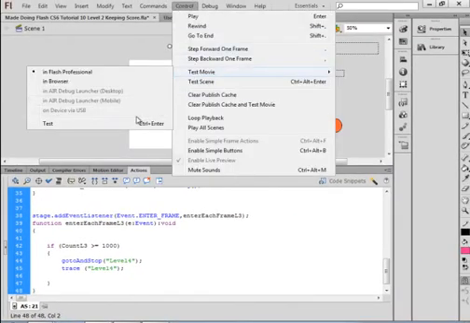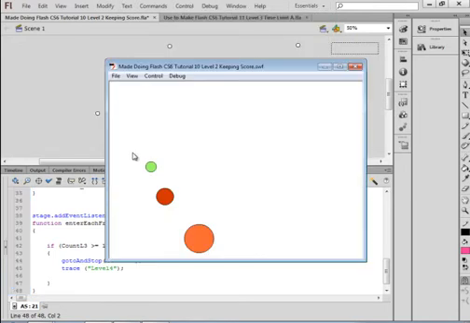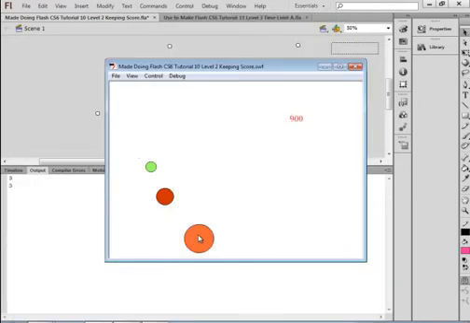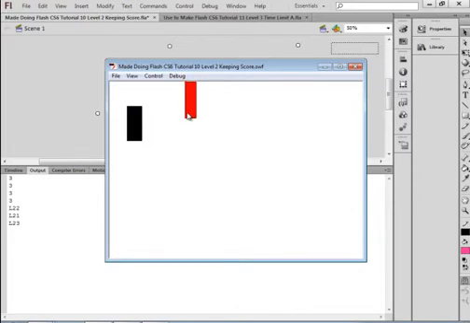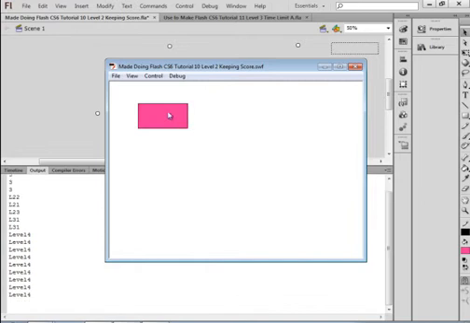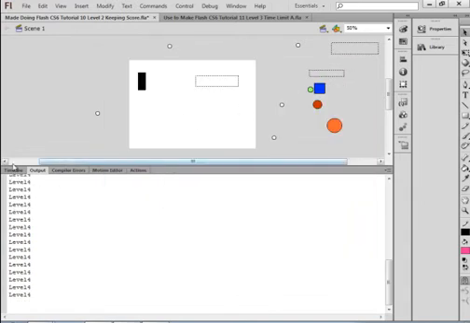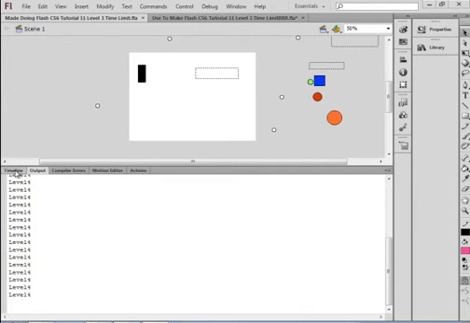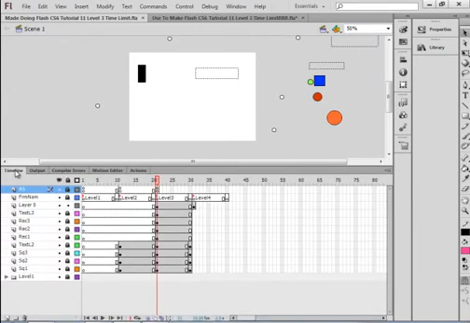So test the movie. Remember, on that slow frame, I'm only on 10 frames a second. So here when I get 1,000, it jumps. Here when I get, I think it's 2,000, I need one more block. I'm on level 3 now. There's a 500 there. Pick that one up because there I jump to level 4 and it's tracing level 4, so that works. Now we want to go back to the main timeline, and we want to make a timer to time out